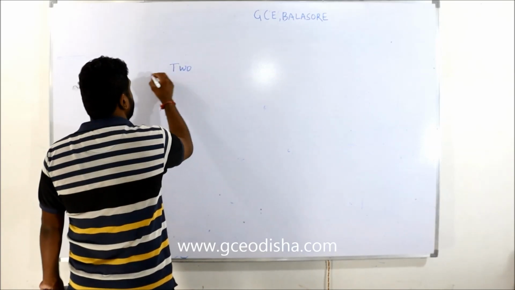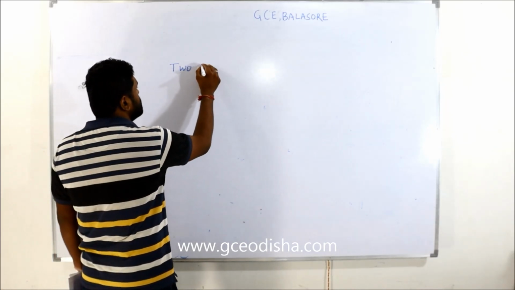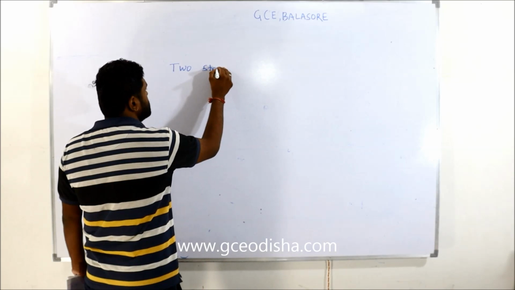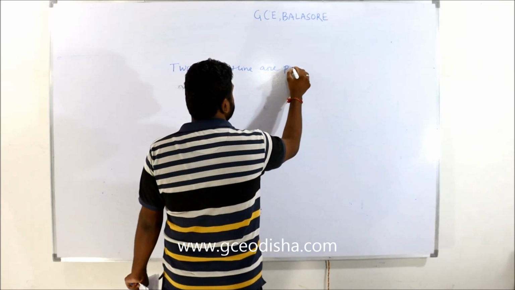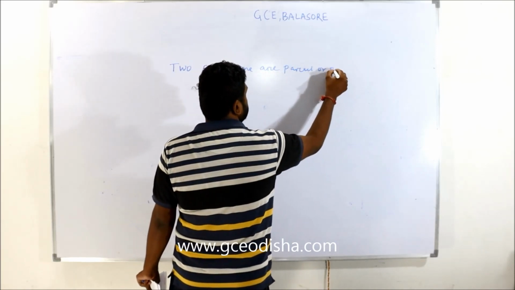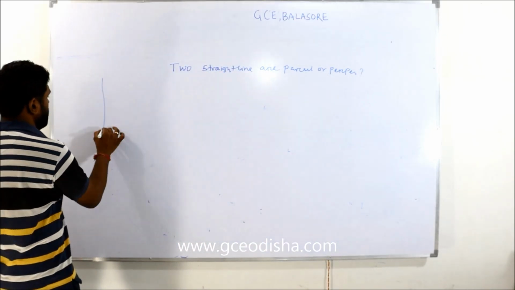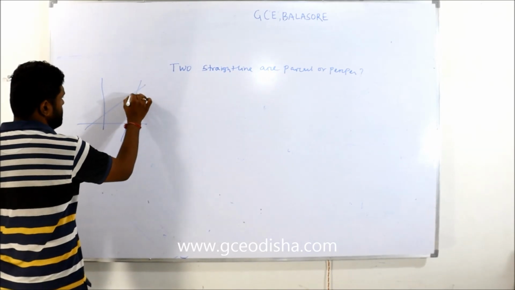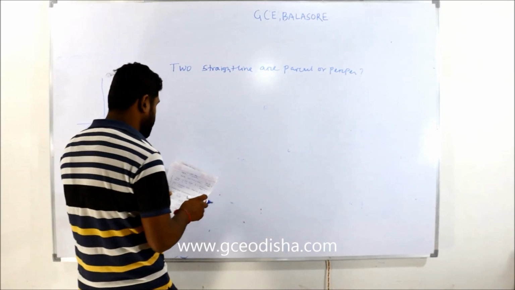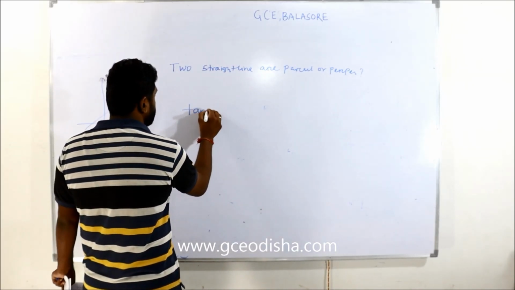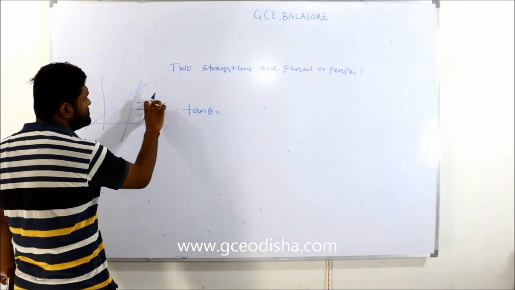This is a sub part of that previous concept. Two straight lines are parallel or perpendicular. How can we know that? These two straight lines, when this line and this line meet, if the straight lines are parallel or perpendicular, how can you know that? In the parallel case, when two lines are parallel, the angle between the two is 0 degrees,